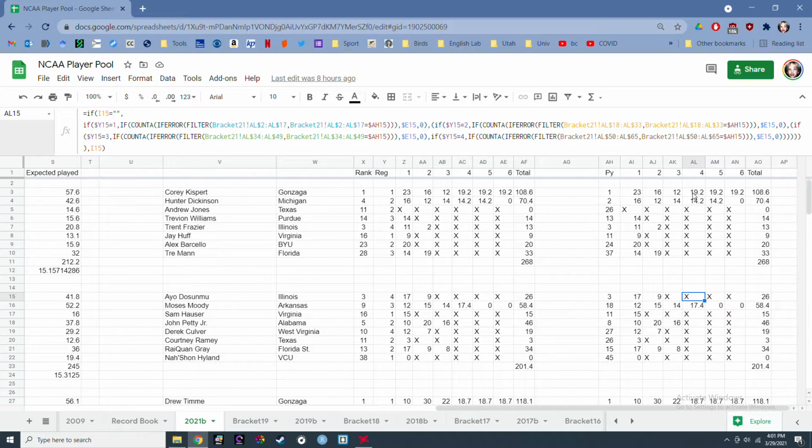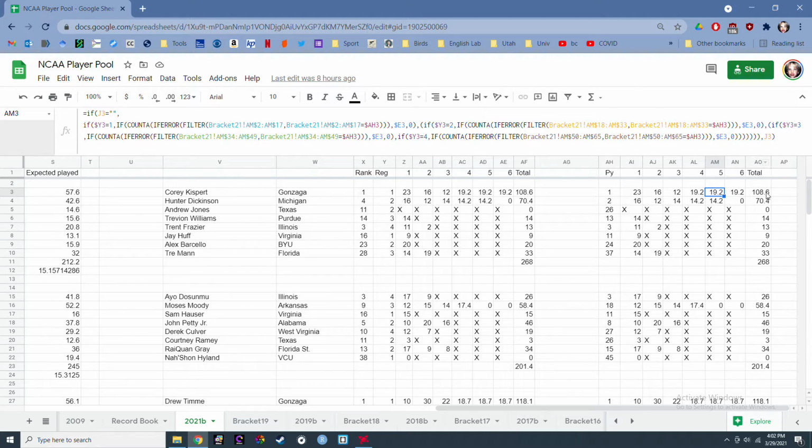So at this point, the seeding and the Pythagorean ratings for Gonzaga are identical. They're the best team according to both systems. And so, again, Kispert's going to, according to the Pythagorean projection, play in 3 more games, and he's going to score 9.2 on each of them. Okay? So that's how these projections work.